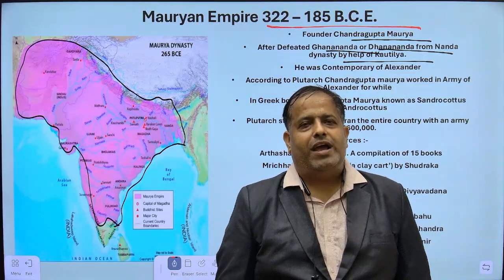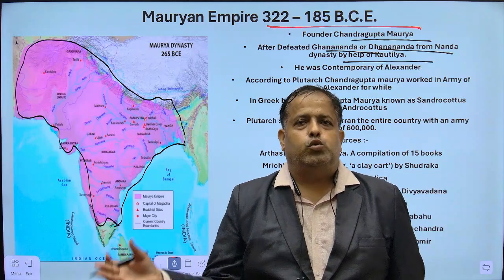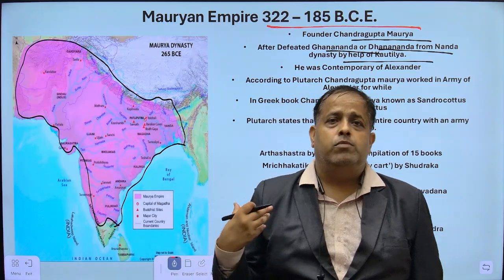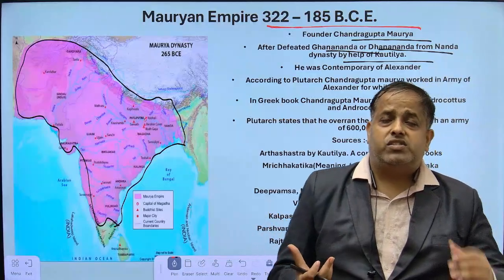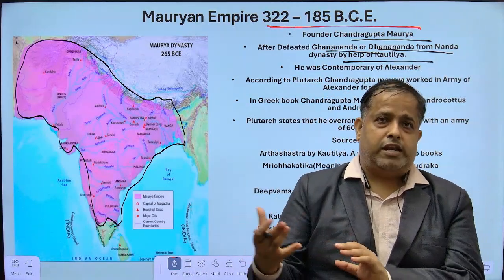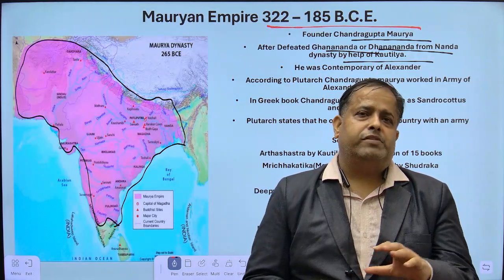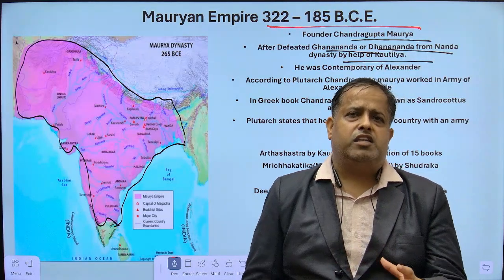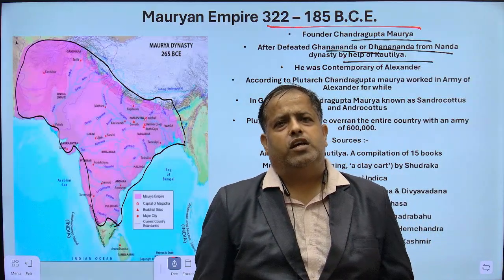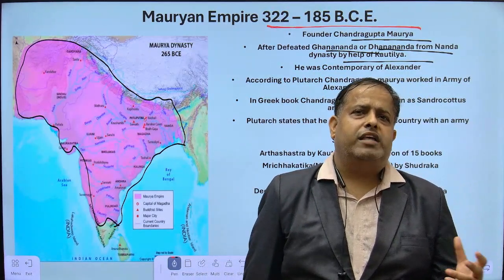So he took that boy, and after getting permission from his parents, he took him to Takshila and gave him many teachings. After this teaching, the boy attacked Dhananda with the help of Chanakya. But at first they were defeated. For some time, Chanakya advised him to work in the army of Alexander, who was fighting the Sindh ruler Porus at that time.